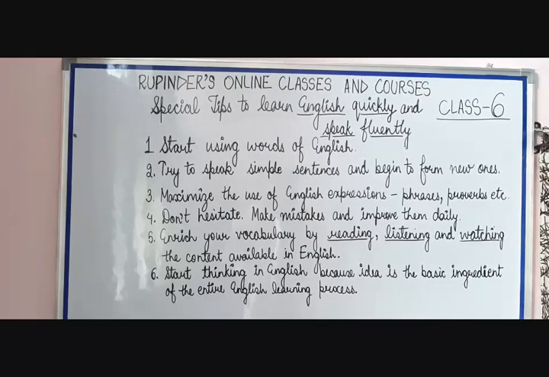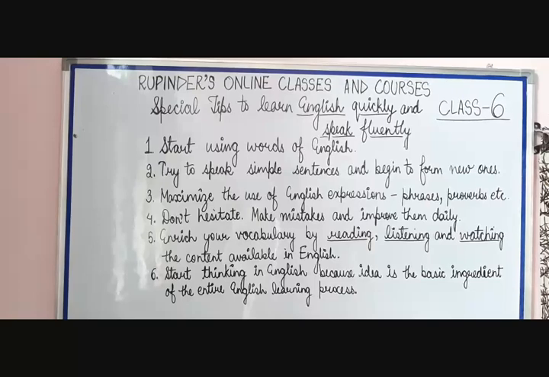So the fourth step is, don't hesitate. हमें बिल्कुल भी हिचकिचाना नहीं है, हमें ये नहीं डरना that somebody is going to make fun of us, हमें ये नहीं सोचना that somebody is going to find faults with us. Don't hesitate, make mistakes, dare it. Yes, we all have to be very open with this kind of thing, that yes, if we are going to speak in English, we are going to make mistakes. And if you are going to make mistakes, only then you are going to improve them. And this is what you have to do. Make mistakes and improve them daily.